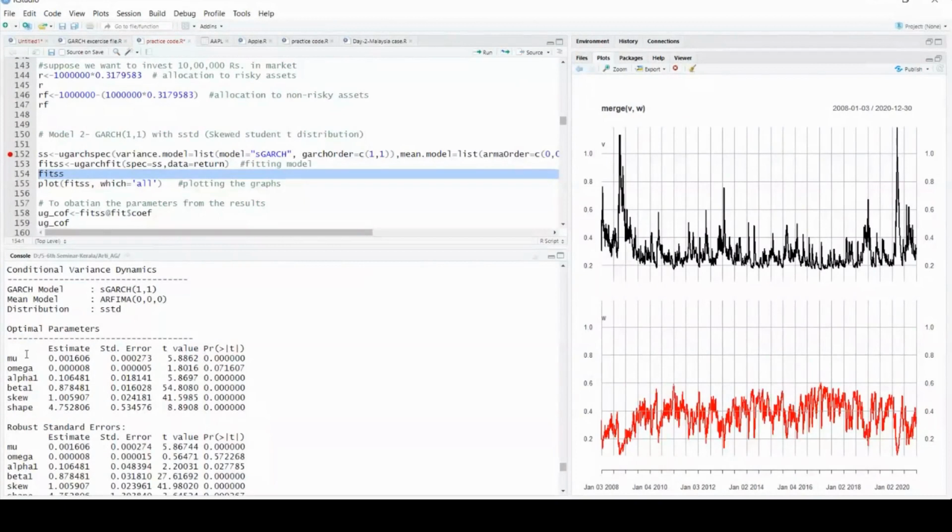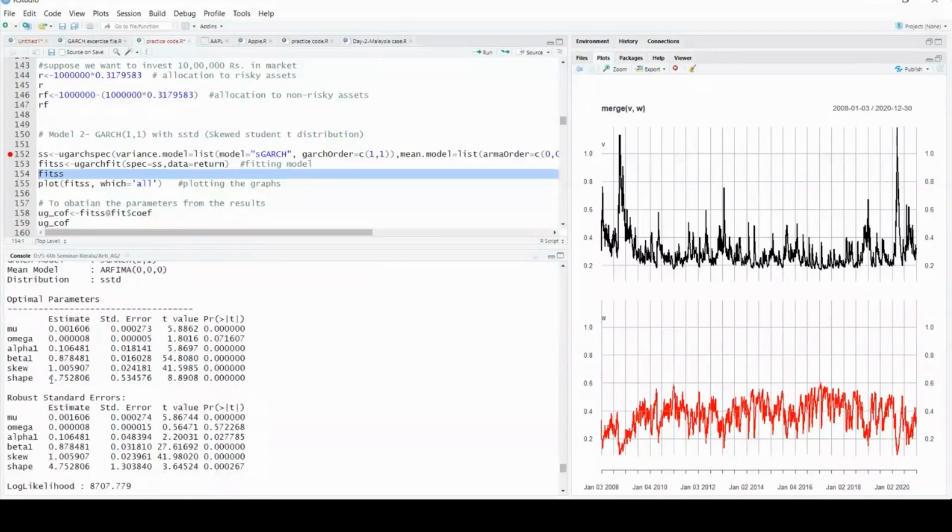If it is positive, then my data is positively skewed, that is, right hand side skewed. And the shape parameter is 4.75, so definitely this is not normally distributed. That is the reason the shape parameter comes into the picture. This defines the kurtosis, actually.